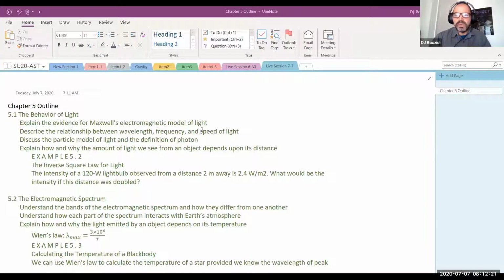Of course, later on there were better experiments using gears, by Fizeau, and Fizeau was able to give us better estimates for the speed of light. So we know now the speed of light is 300,000 kilometers per second. Also, light exhibited some known behaviors. When light hits a surface, it bounces off so that the angle of incidence is equal to the angle of reflection. That was one thing that was known.